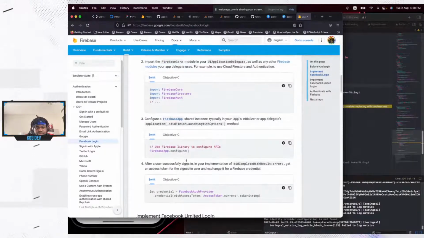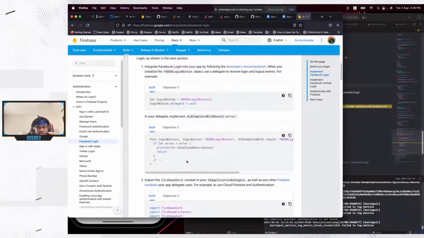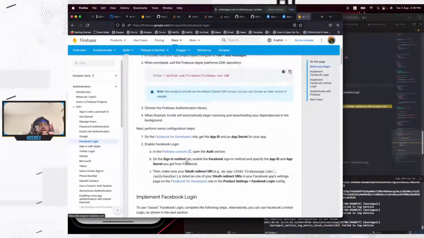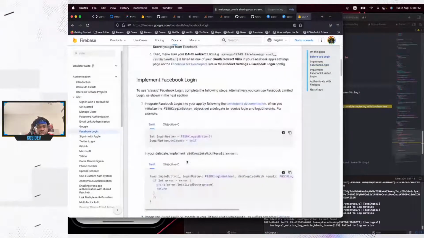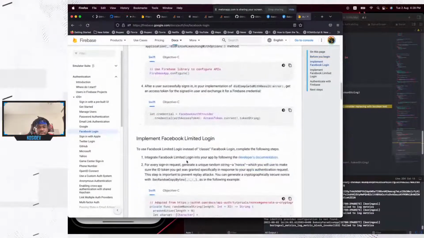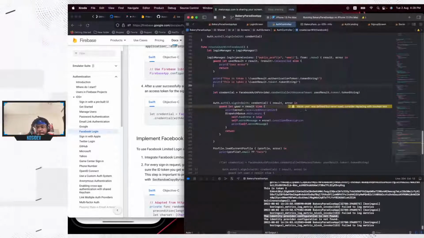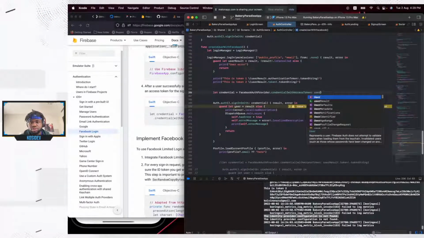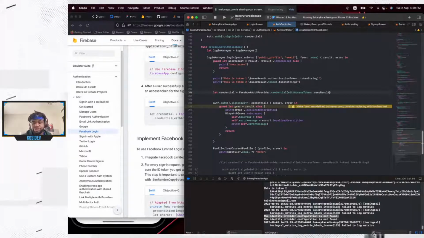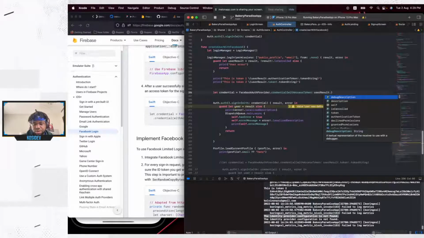I don't know why we are getting the error. We are doing it the right way and not actually the wrong way. We're still having this error. So we have the result. Since I use result done,